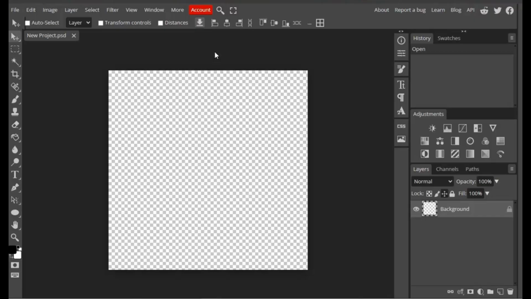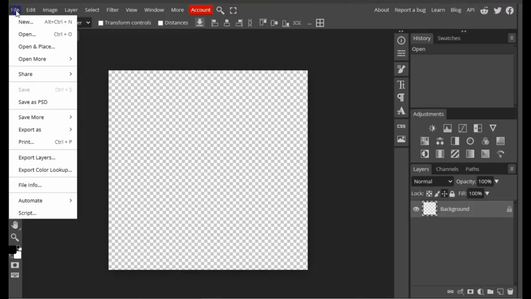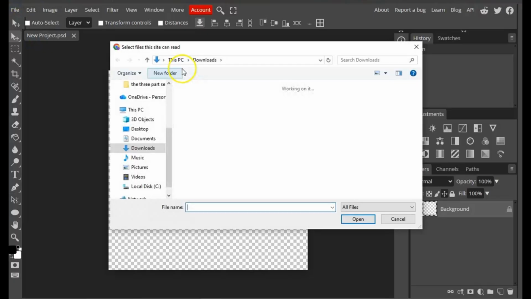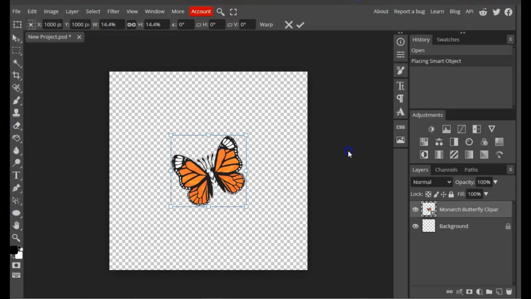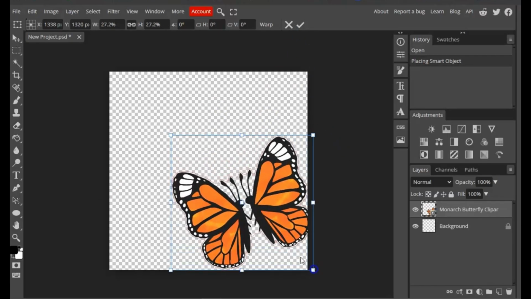Once you have the canvas set, let's import our image. We go to File, Open and Place. I got this butterfly from Creative Fabrica. I'll drop the link in the description. So let's resize it, make it bigger,